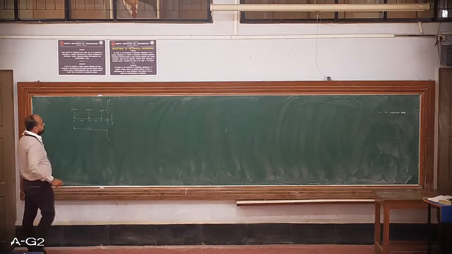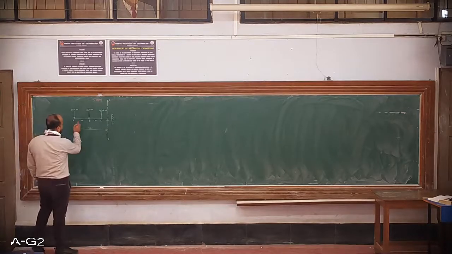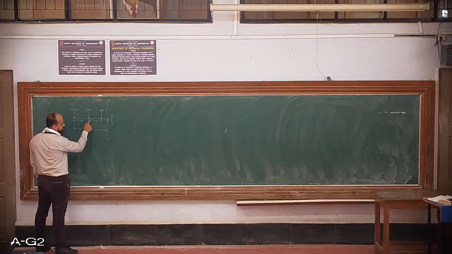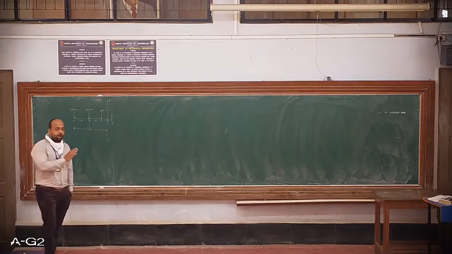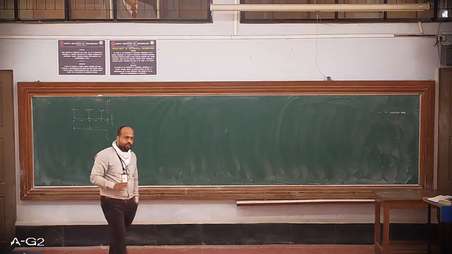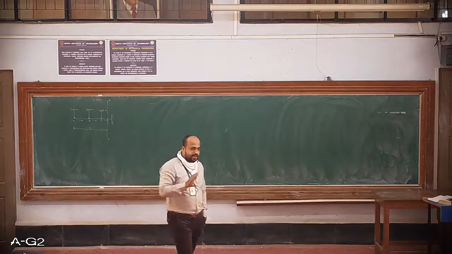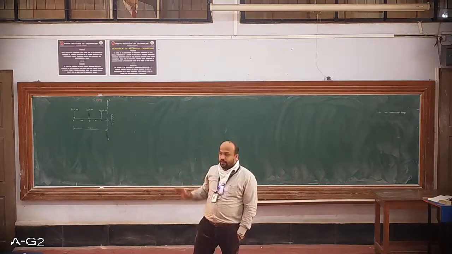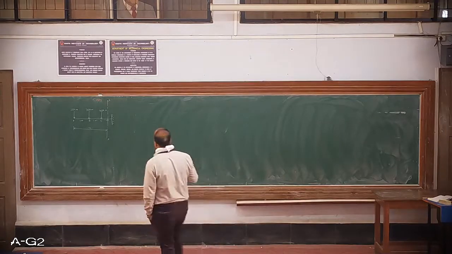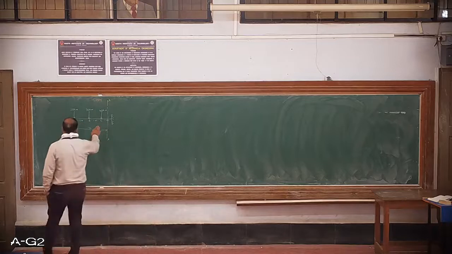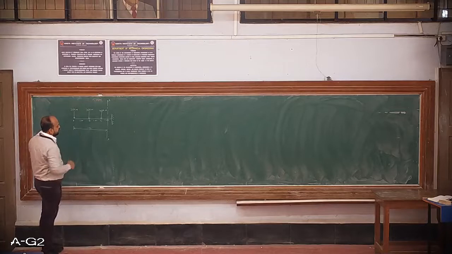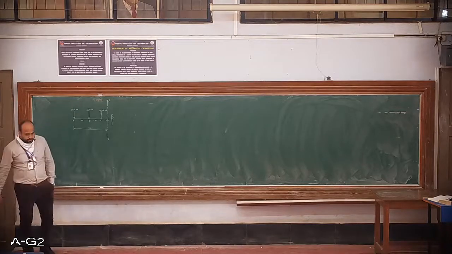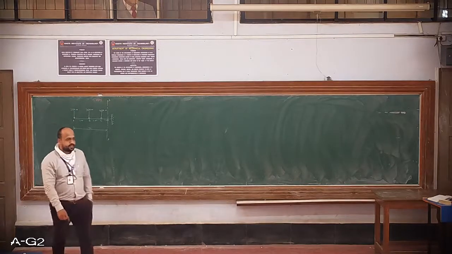This is what I have done, because if I take the section here, only one load will be covered. If I take the section here, only the other two loads will be covered. So I should take the section at the appropriate location such that all three loads will be covered. This is an important step. Here I have taken the section where point A, point B, and point C are covered, at a distance of x.